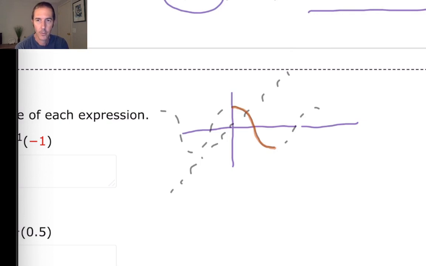The part of the cosine graph which I've just drawn over with my orange pen, is it a function? It passes the vertical line test. Is it a one-to-one function? Does it pass the horizontal line test? Well, now it does. So if we restrict the domain of the cosine function, then it becomes a one-to-one function,